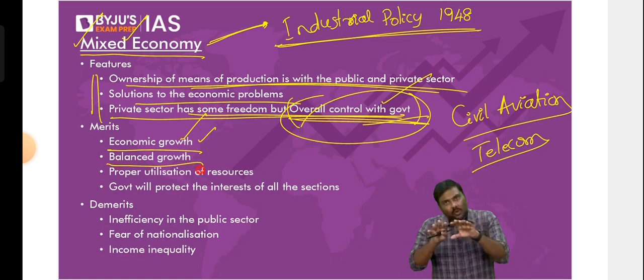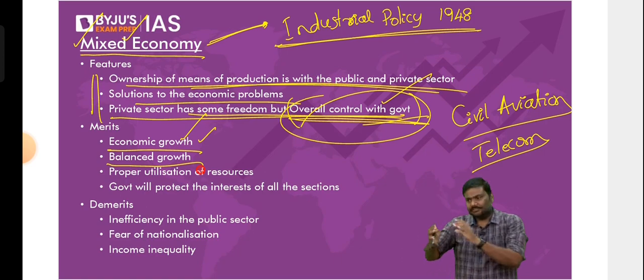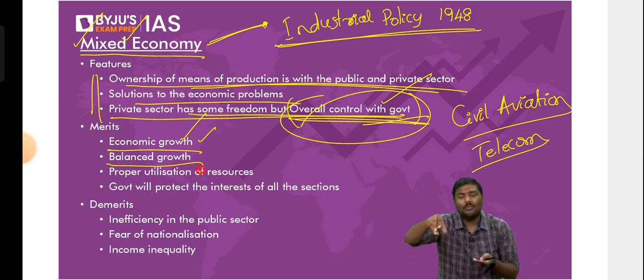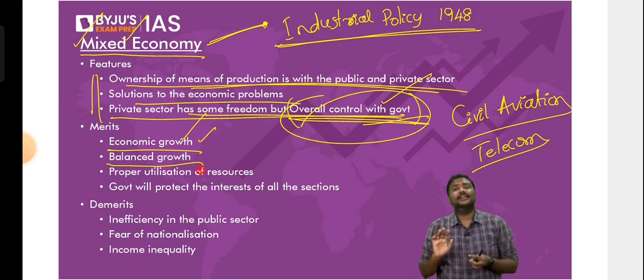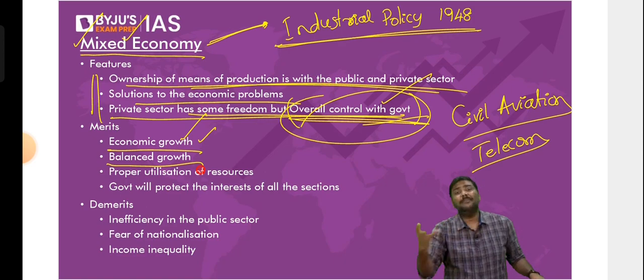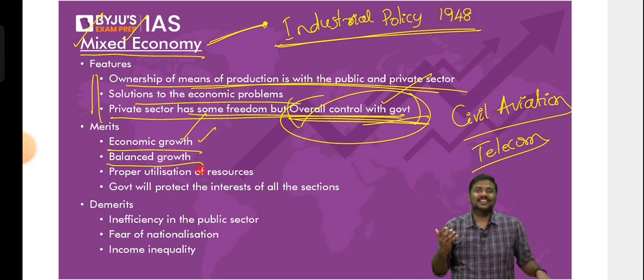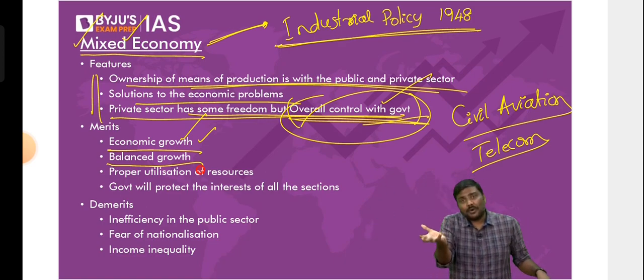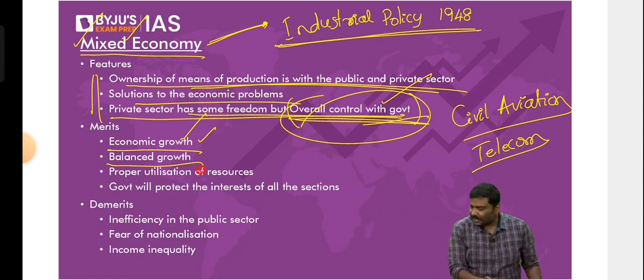What do you mean by balanced growth? If you allow only the private sector to invest, if you give the choice and freedom to the private sector, they will try to concentrate in only some of the areas where they can get access to raw material, where labor is available, etc. But the government of India will not do that. If the private sector wants to run behind this, the government says, I will try to open up industries and companies in different cities and areas so that in other areas also development takes place, employment is generated, and production of goods and services and demand for raw materials is present. That is the meaning of the term balanced growth.